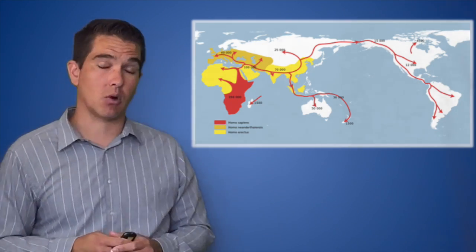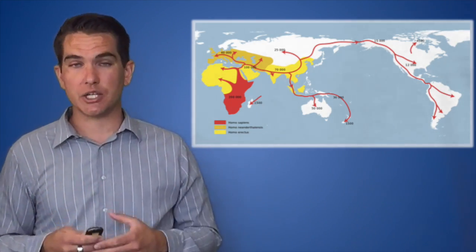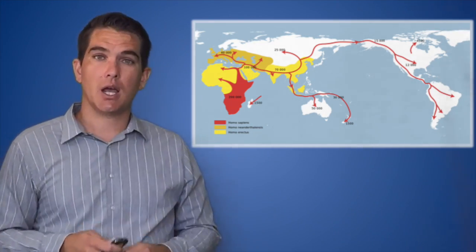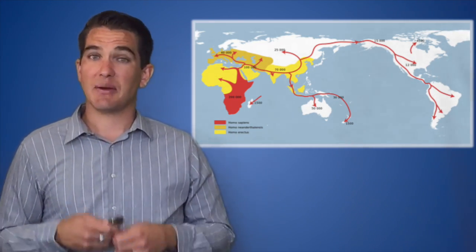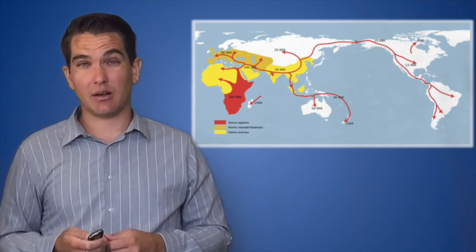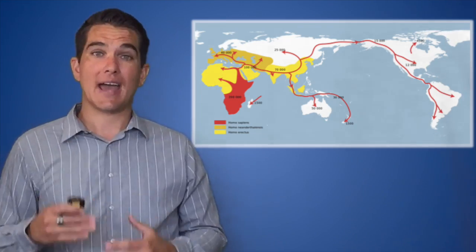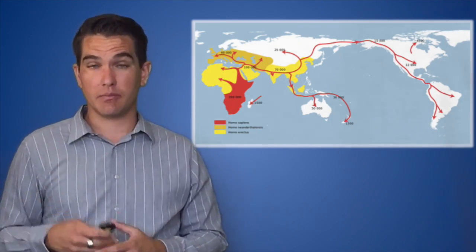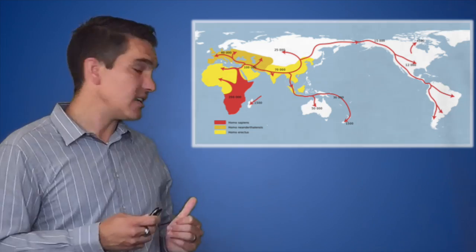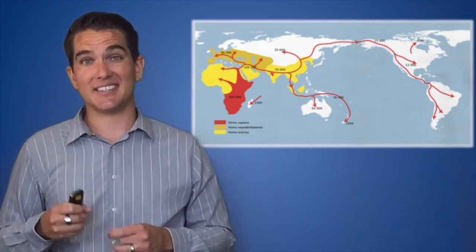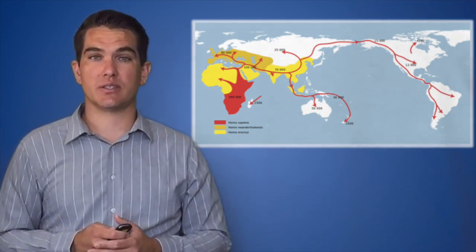Take a look at this really important map. It shows early human migration patterns. About 200,000 years ago, in Eastern Africa, modern human beings evolved, but they did not stay there. Their lifestyle was hunting and gathering. So as resources ran out in their local area, they had to migrate to new areas and look for new food. And you can see here, over tens of thousands of years, humans are going to slowly hunt and gather their way to the far reaches of the planet.